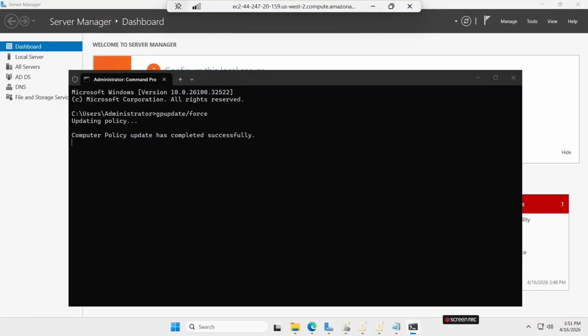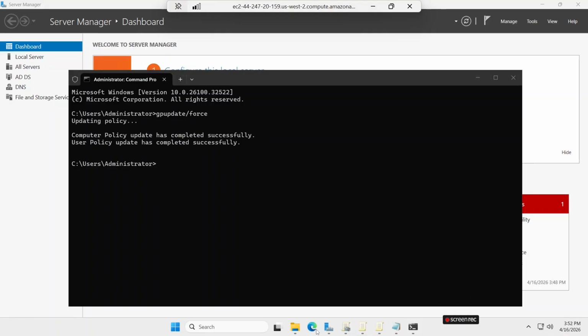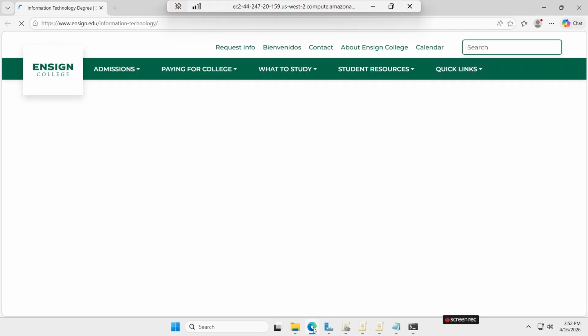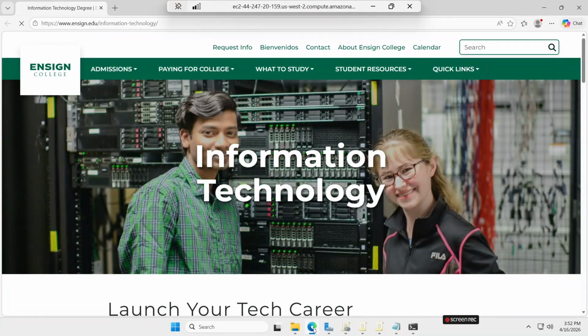So this is what I've done. And at the end, you can see that after I fixed it, gpupdate /force, it finally worked. So I'm happy that this project has been successful so far. So the next project,